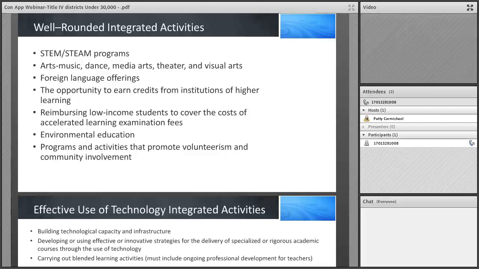Well-rounded activities. Again, this has been updated in the consolidated application and aligned to ESSA. This is not an exhaustive list, but a range of practices and ideas. The purpose of well-rounded education is to provide an enriched curriculum and education experience to all students. A well-rounded education helps students make important connections among their studies, their curiosities, and their passions, and the skills they need to become critical thinkers and productive members of society.